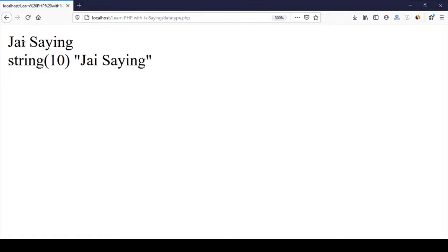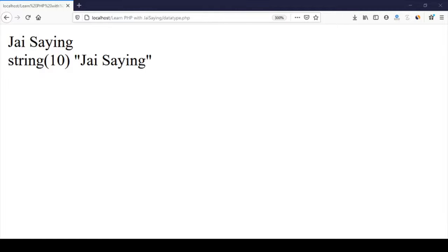So 1 space and 9 characters, so total will be 10. So the length of the string is 10 and the data type of the variable is string.